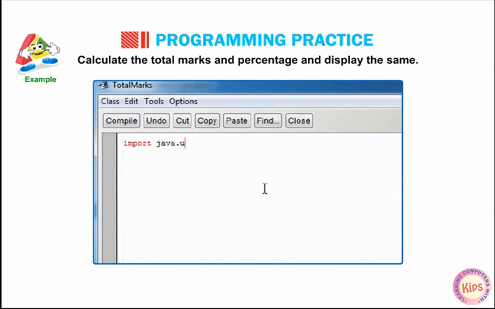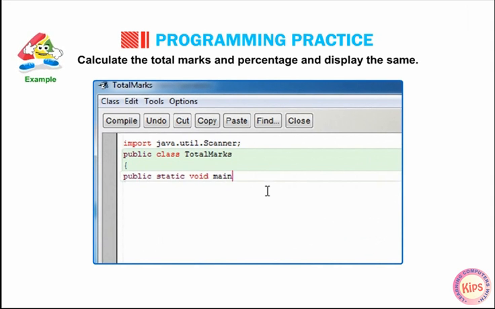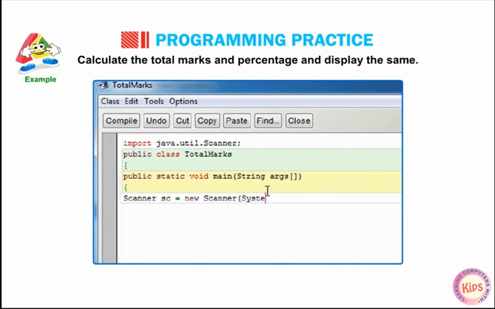Import java.util.Scanner; public class TotalMarks { public static void main(String args[]) { Scanner sc = new Scanner(System.in); String sname, class;